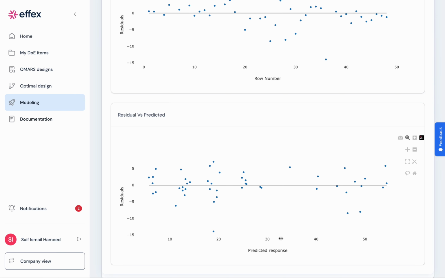In the same tab, you have the residual versus predicted, and here again, you can visualize another quality check for your model where you're plotting the residuals versus the predicted response values. And again, this is a good check to see if, for example, you have very high predicted values for which your residuals are very high, in which case you would conclude that, okay, well, when my response is quite high, my model does not predict so well, and